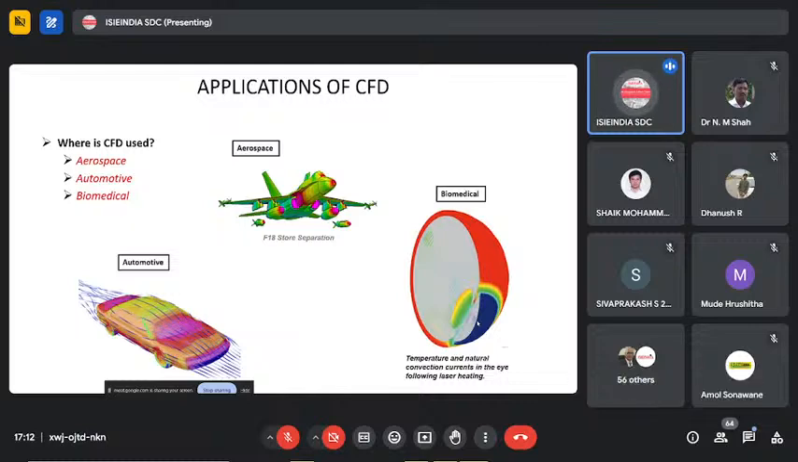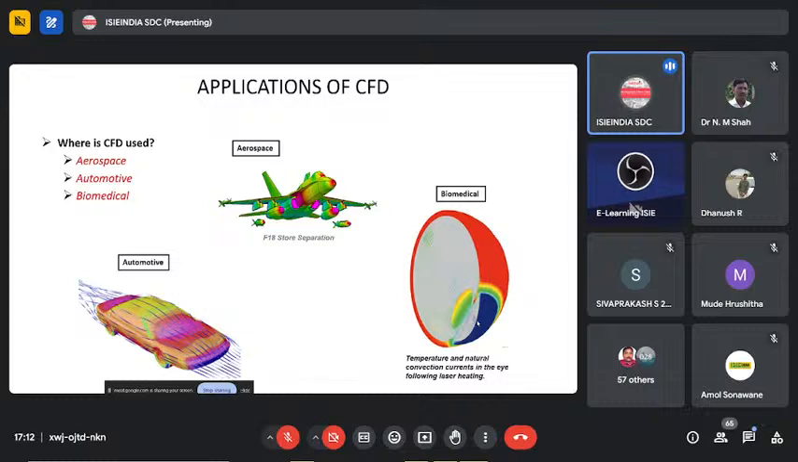In aerospace, an application given here is F18 store separation, where CFD helps us predict and analyze the behavior of weapons, where to store them and how they can detach from the aircraft, to ensure safety and performance. In the automotive industry, there are various applications, but specifically CFD helps in improving vehicle aerodynamics by simulating the airflow over the car surface to reduce drag